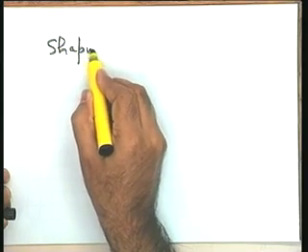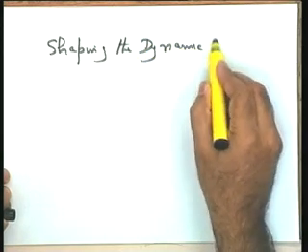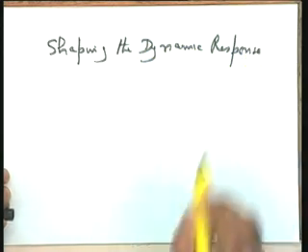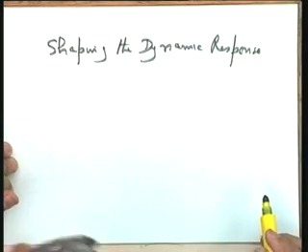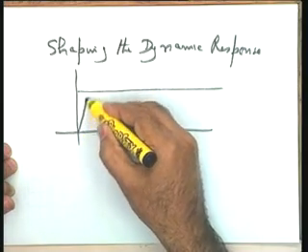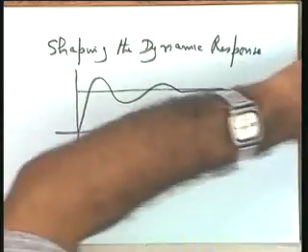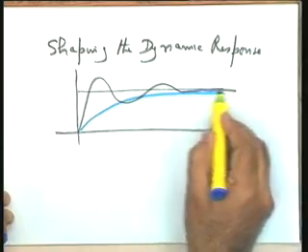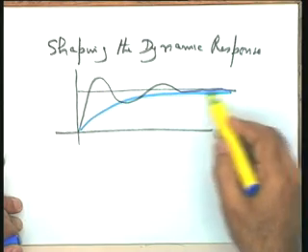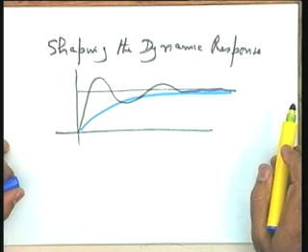Next feature I take, shaping the dynamic response. You recall what do I mean by shaping the dynamic response? I gave you an example that if this is the value I want, I may be interested in this type of response. This is one typical example, and not in this type. This may be my requirement. It means I am giving the shape of the transient also, which the output is required to follow. Not only that, where the output should settle down.